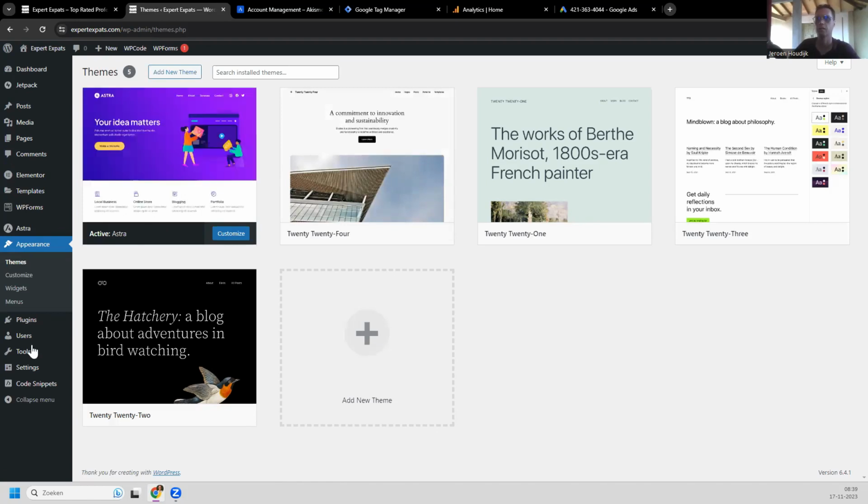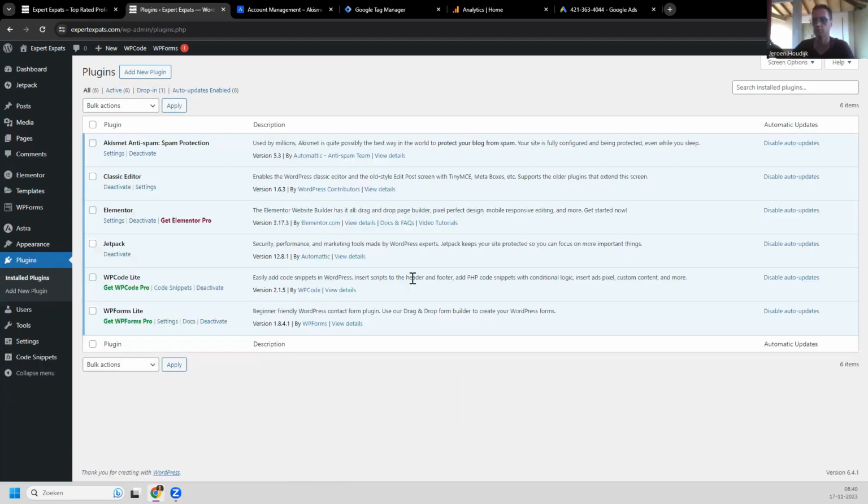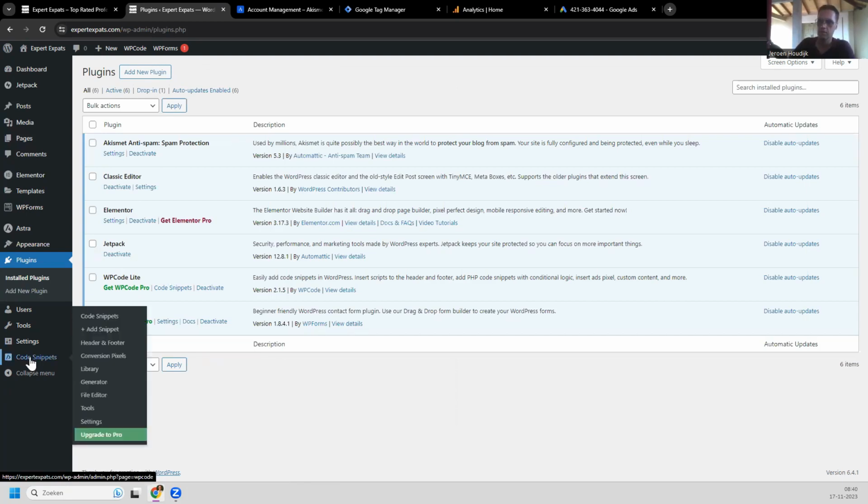I created, again, I use Elementor as a page builder plugin to create the specific landing page where you can drag and drop elements to make it look nice. The form generator, the codes. So let's look at the codes. Why the codes? We need to be able to insert tracking code so that we can report in our Google Analytics. We have code snippets, and there in the header and footer section,